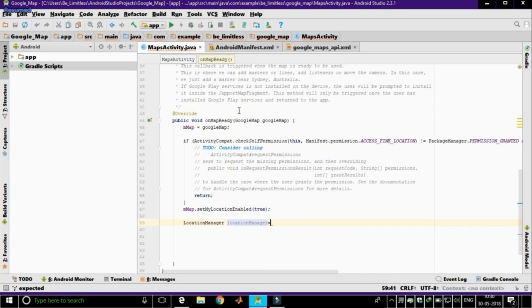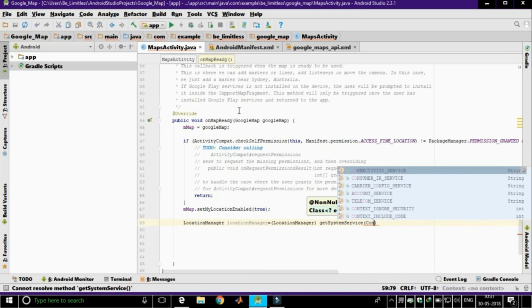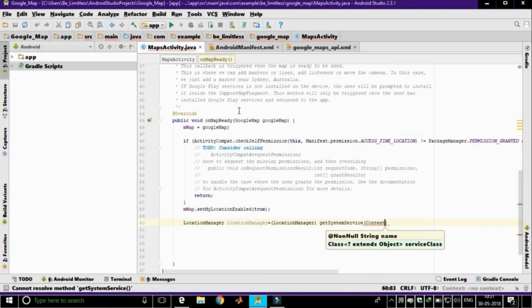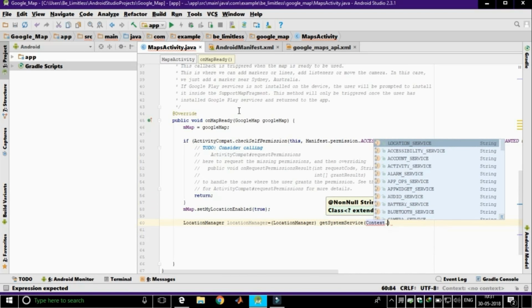So write it here and pass it here, LocationManager, then write getSystemService and Context dot LOCATION_SERVICE,